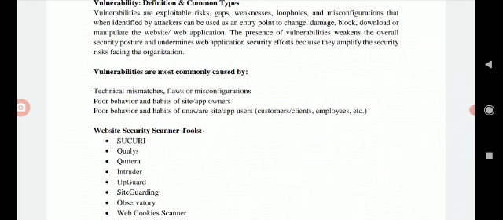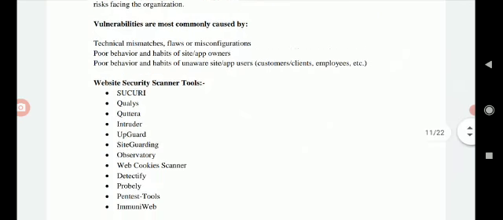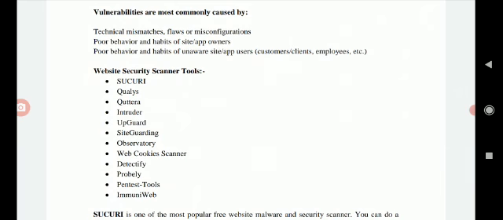There are different tools available online, but it is also the responsibility of the person to take precautions. This is the general fundamental: we have to protect our system and not click on pop-up windows.